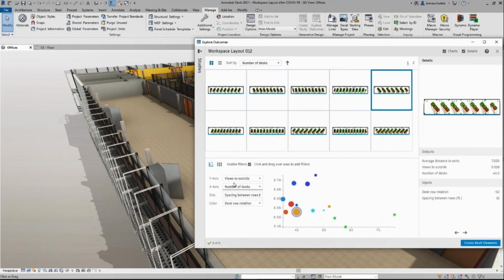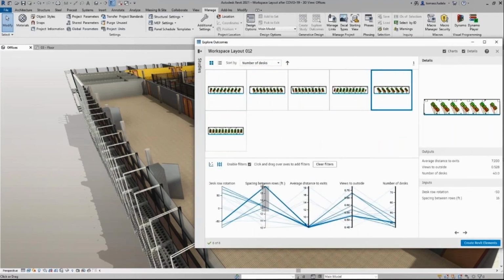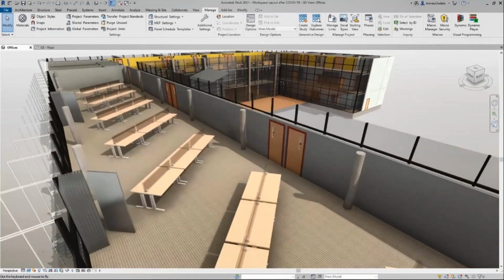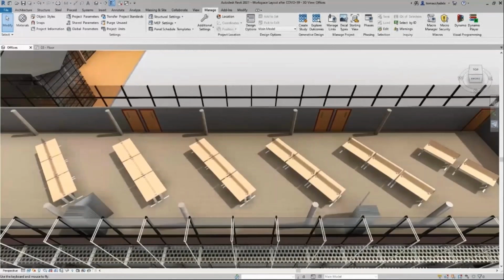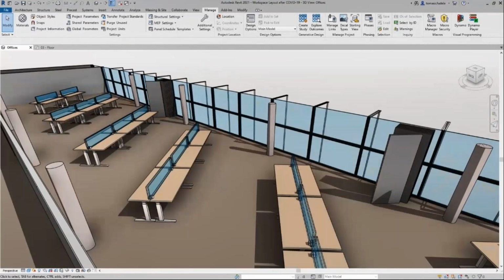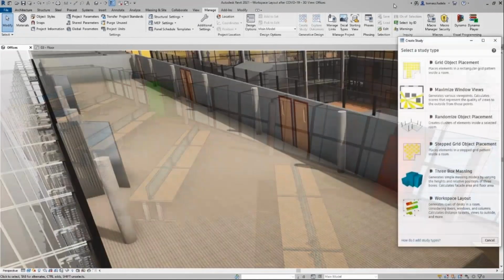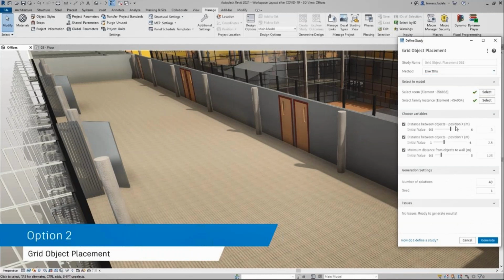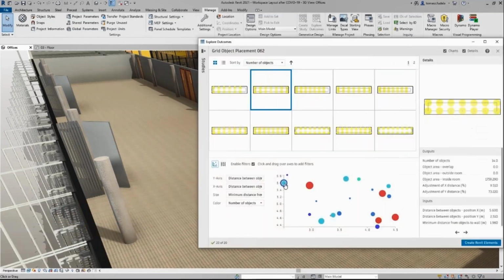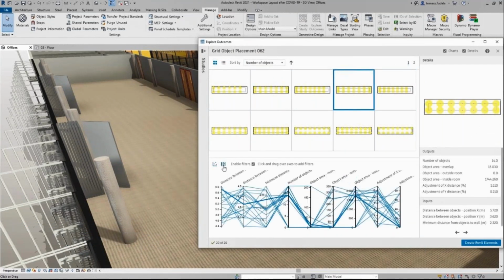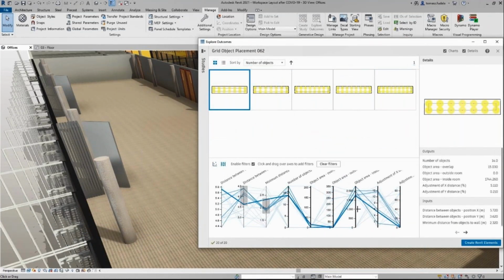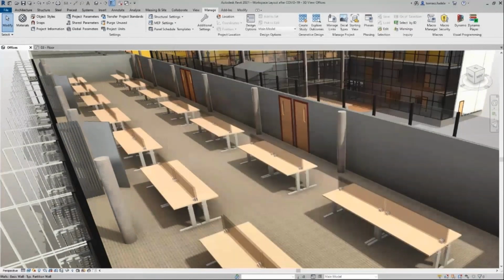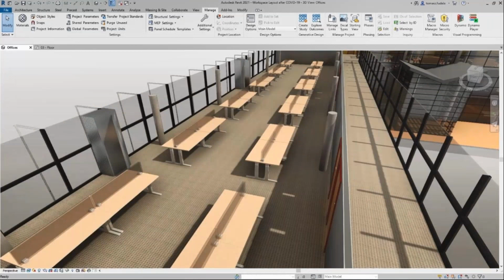And maybe let's say I want to maximize the outside view. If you see, it's a complete curtain panel, so I want people to have outside views to the maximum extent. So those are the goals that I want to achieve. What generative design does is, based on the conditions I have set and the goals I have defined, it will generate multiple layouts. As and when I tweak my objectives and goals, you'll see here it has generated multiple layouts, and I can easily switch. With a one-click operation, it will automatically lay out those elements. And you could see three different layouts that it has already generated for me.